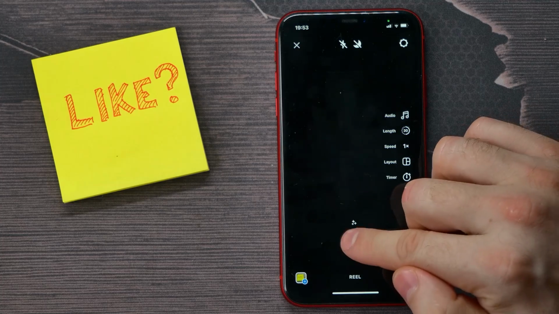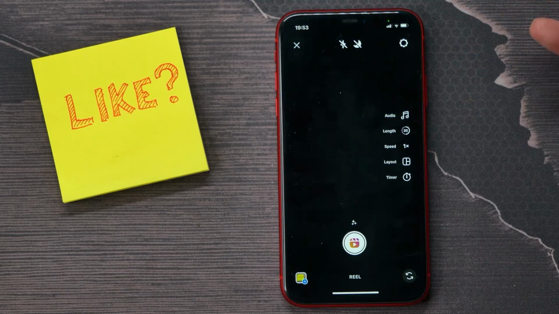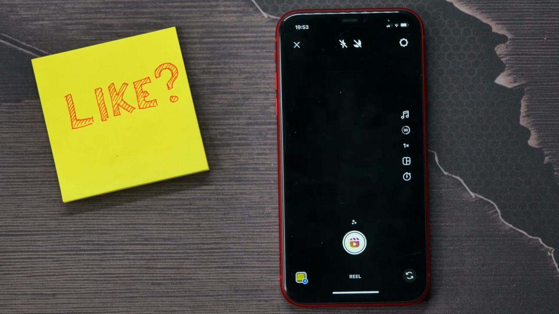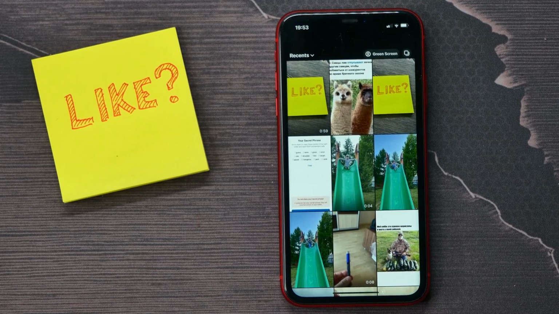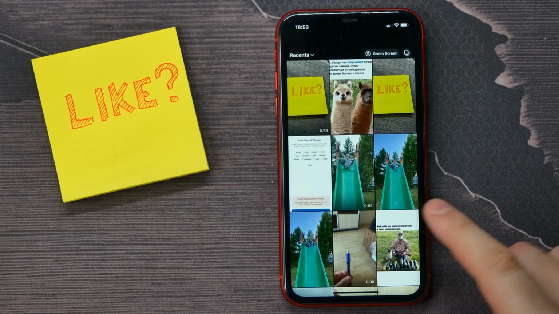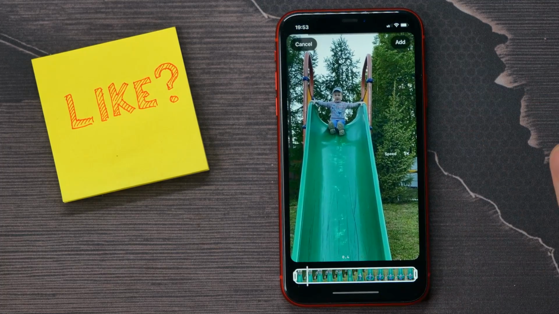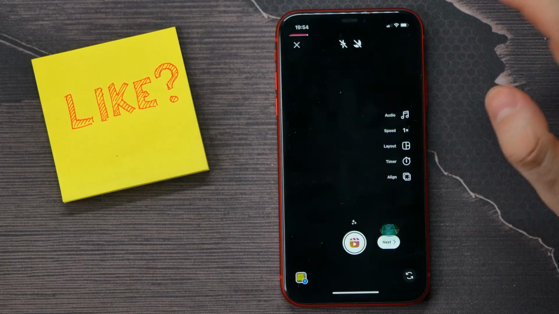Now you can tap on the record button to record some video using your camera, or you can tap on the gallery icon to add some video from your gallery. I will select the second way. Here I got a 4 second video of my kid. I tap add, and now